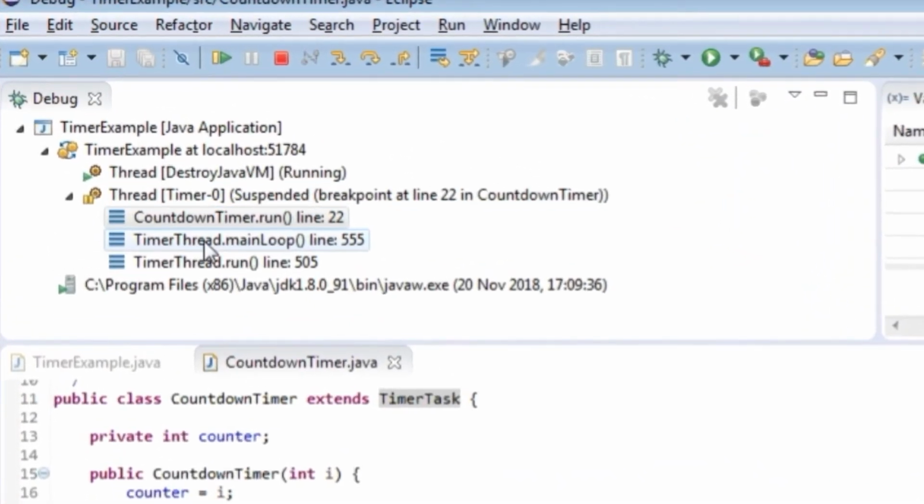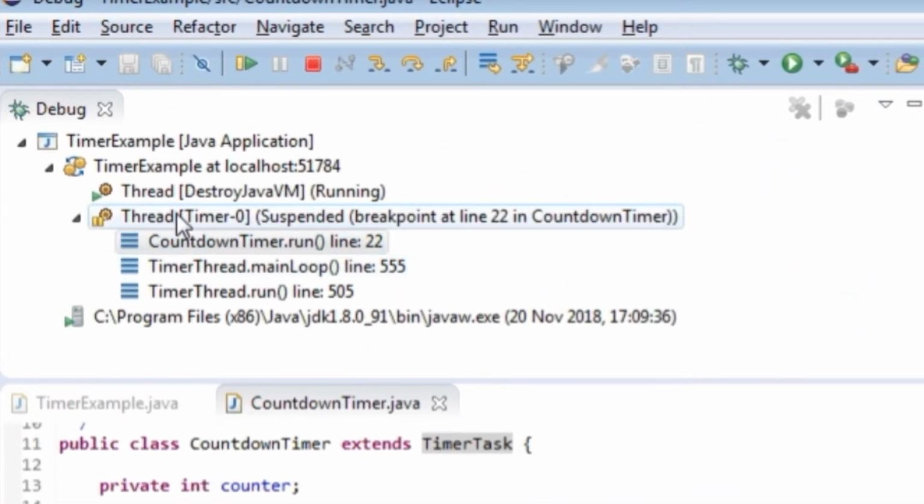Okay, now if you just look here, we've got our timer thread here, and it's got a countdown timer run, a timer thread main loop, and a timer thread run. Okay, now when I go 0, and then this time,